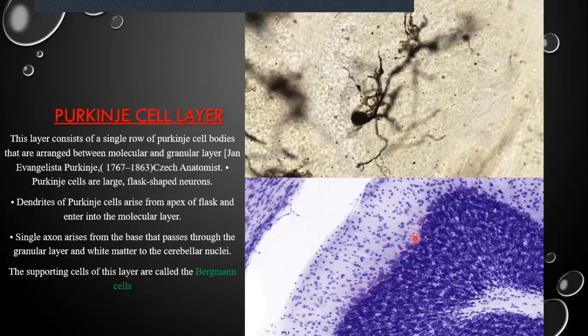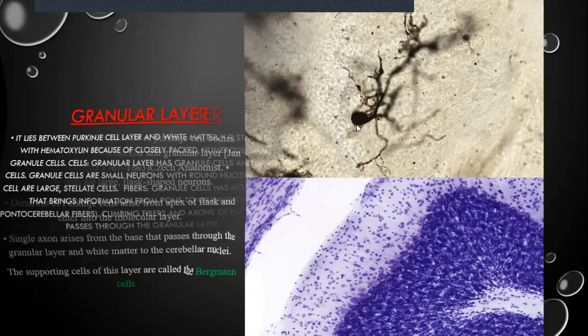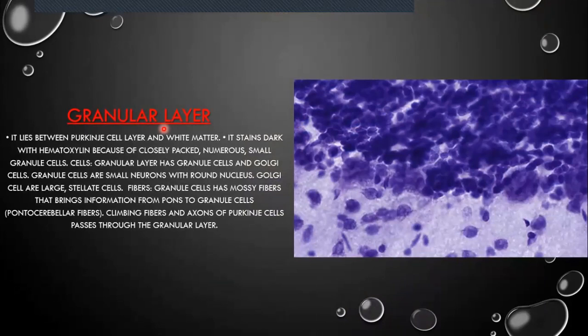Please note that. And here you can see a single layer of those cells, Purkinje cells. Like this is a very good Purkinje cell there. You can see it is flask shaped, and this is its cell body here. Now let's look at the final layer, the granular layer, which lies between the Purkinje cell layer